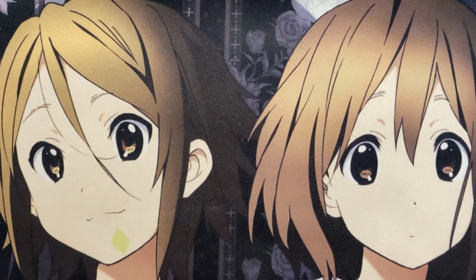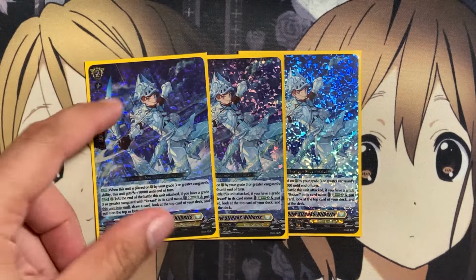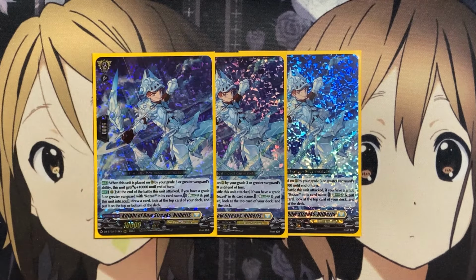With our new grade 2 in the deck being 3 copies of Knight of Bow Streaks, Nibaris. When placed on rearguard by your grade 3 or greater Vanguard's ability, it gets plus 10,000 till end of turn. And on rearguard, at the end of the battle this unit attacks, if you have a grade 3 or greater Vanguard with Razel on its card name, Energy Blast 3, and put this unit into the soul,